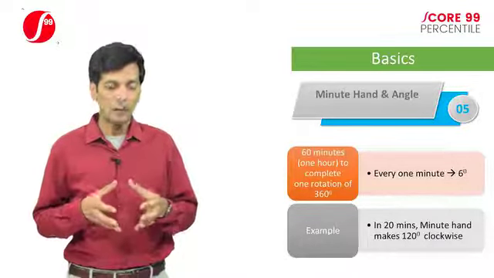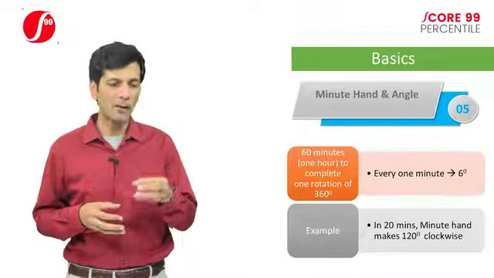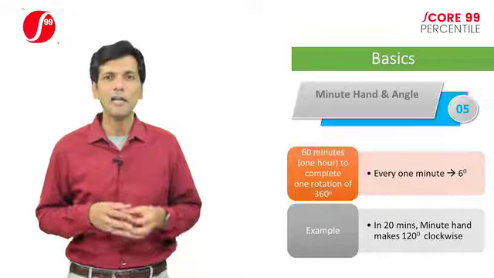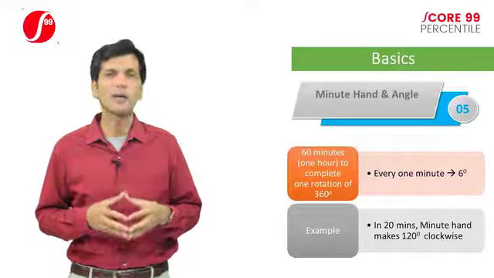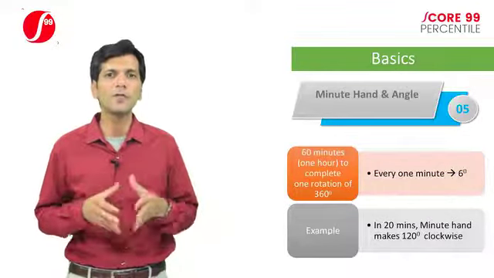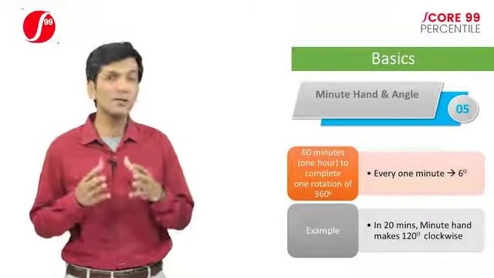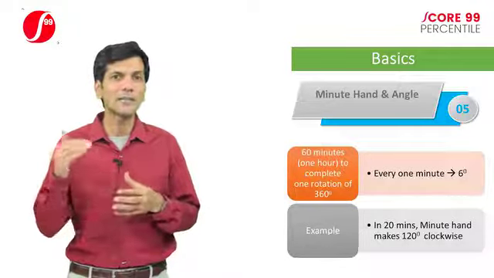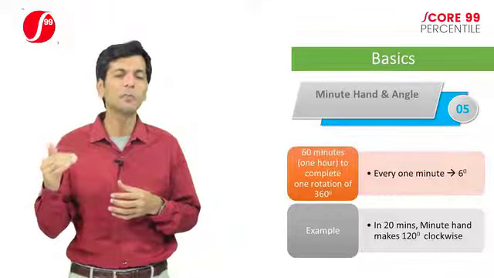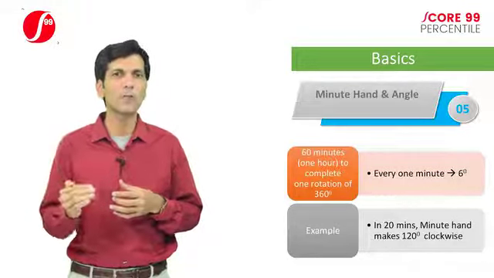Now, how do you actually relate the hour hand and the minute hand with the angle? Remember that, say for example, you are talking about a simple time frame of 3:40. At 3:40, the hour hand is not exactly at 3 o'clock. The hour hand is not on the number 3. It has moved closer towards 4 o'clock.